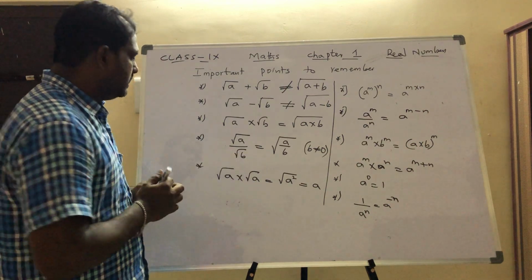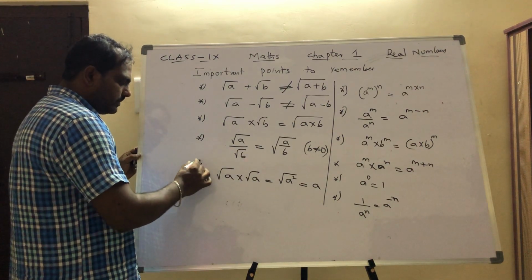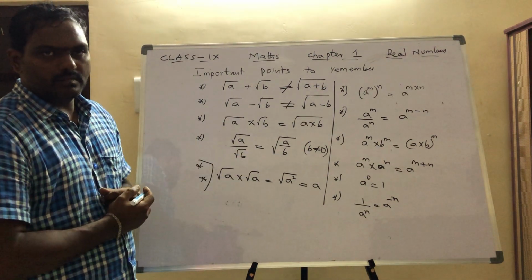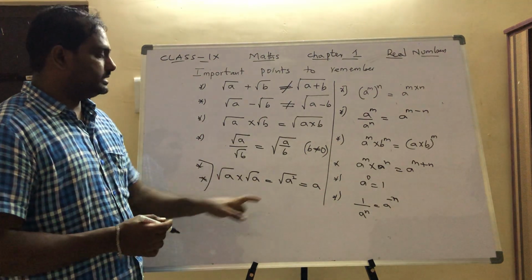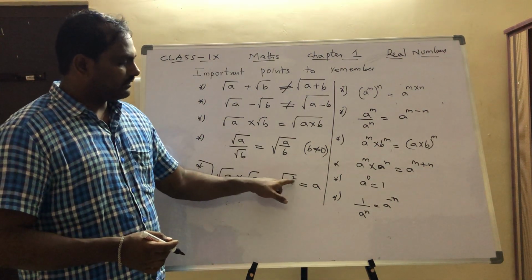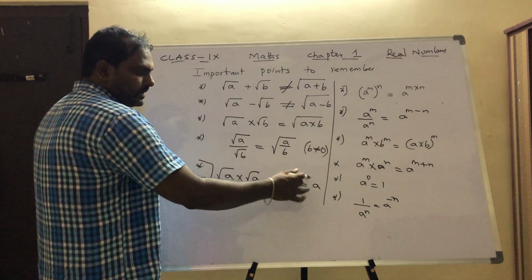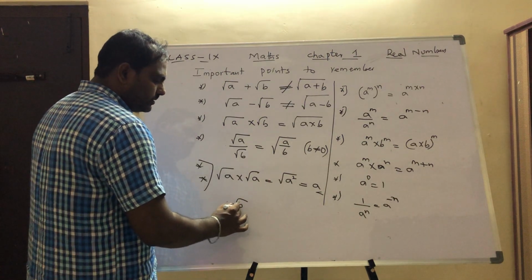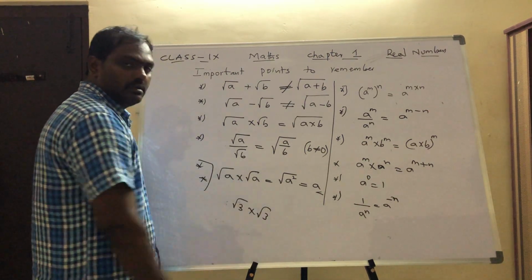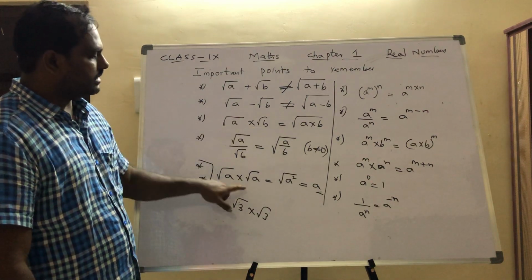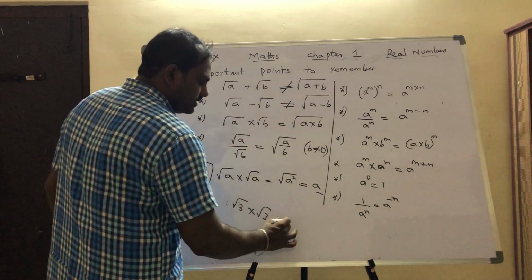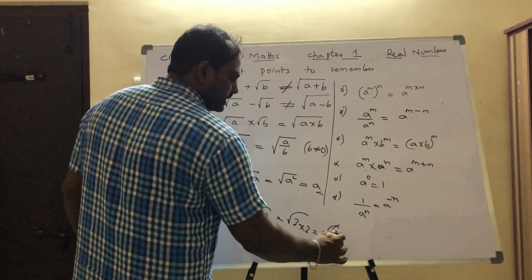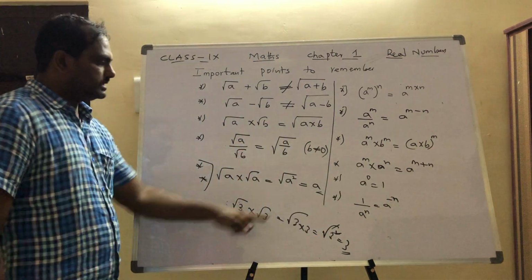That is the point. And the main point to remember is root a into root a. Root a into root a is equal to square root of a square. This square and root cancel and you will get a as the answer. So the model example is, whenever you get root 3 into root 3, the same formula, instead of a I have written 3 here. What will we get? Root of 3 square, these two can be cancelled. Answer is 3, that means a only.